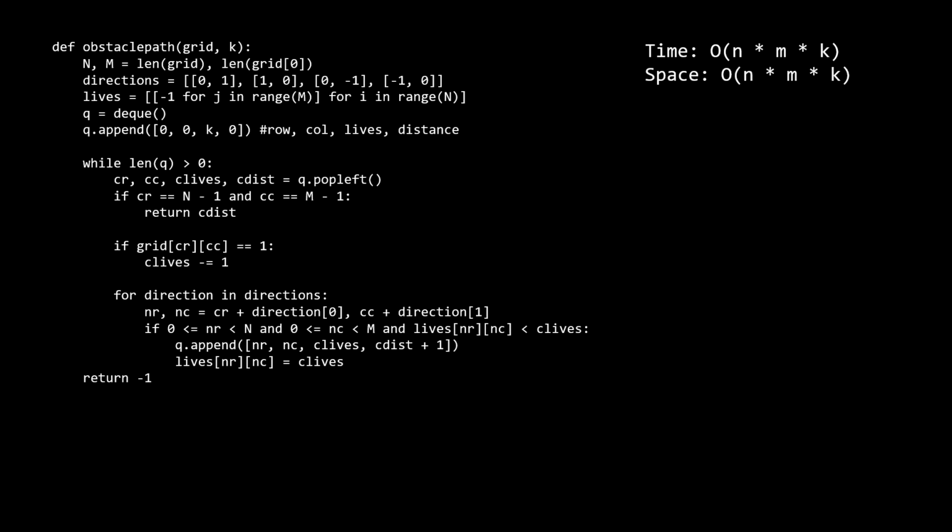For space, well, we're using extra space in 2 major spots, the lives matrix and the queue which supports the BFS. The lives matrix is O of n by m, however the queue can grow to O of n by m by k, so our space complexity is O of n by m by k. I think this is actually the optimal time and space for this problem,